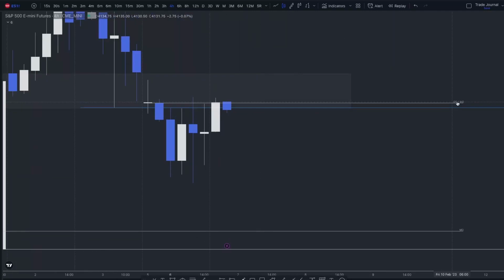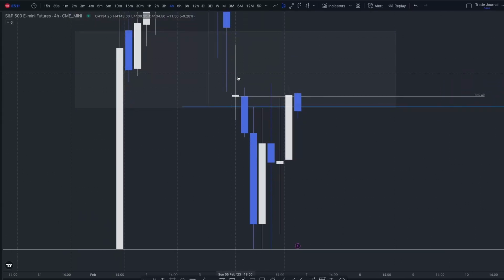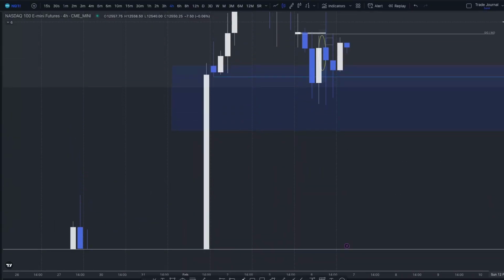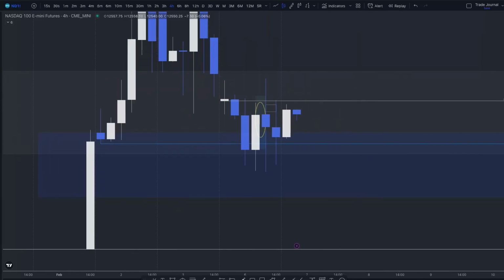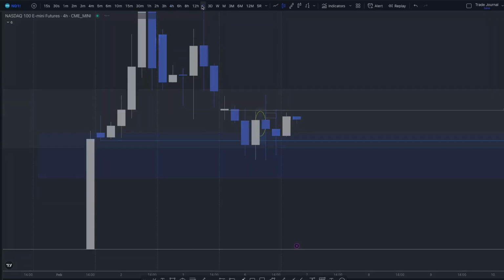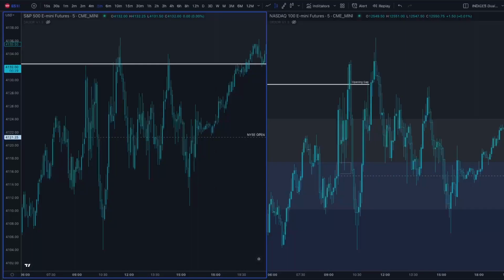weekly open indicator. It's just an indicator that plots the weekly open and the monthly open. So that's what this level is, the bottom end of this opening gap. We had one on S&P, and we had one on Nasdaq right here. It's more or less the same area, so I'm just going to use that to be clean for this demonstration. So that was the view on the higher time frame heading into the session. Then when we got into